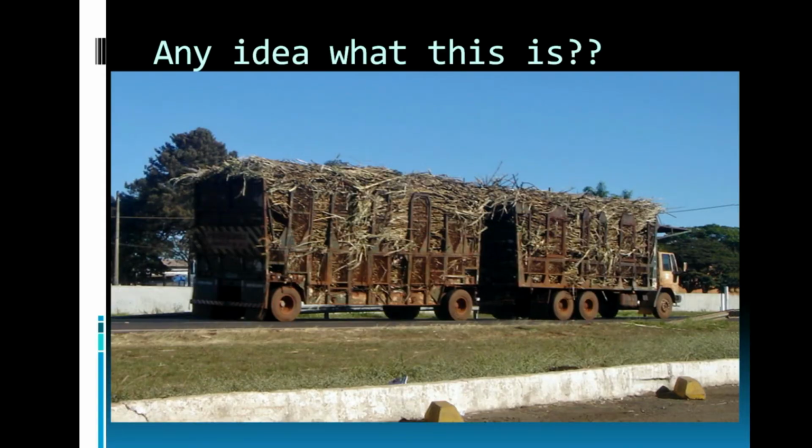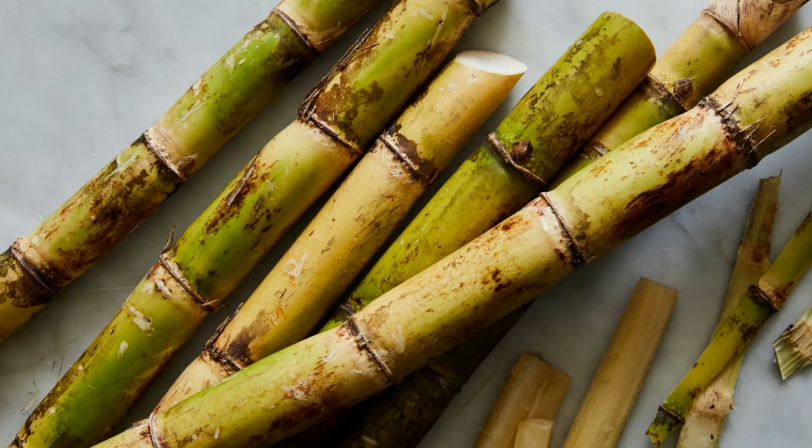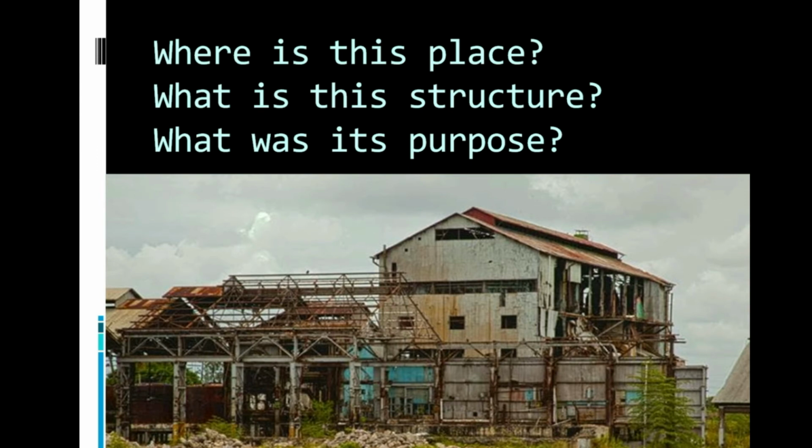Anybody has any idea what this is? Obviously, it's a truck, which is in fact holding some material at the back of those trees. I'm going to give you approximately a minute or two. You can pause the video if you have to. Now, if you look carefully, this is in fact a cane truck, which is holding obviously sugar cane, which is filled to capacity. And in Trinidad and Tobago, we produced sugarcane, we cultivated sugarcane on a very commercial level.